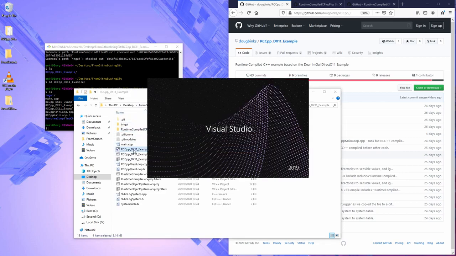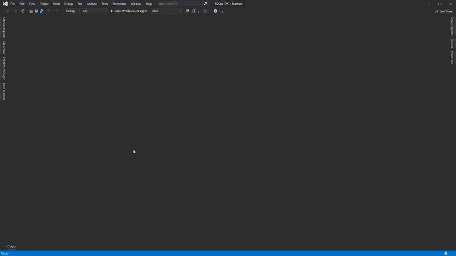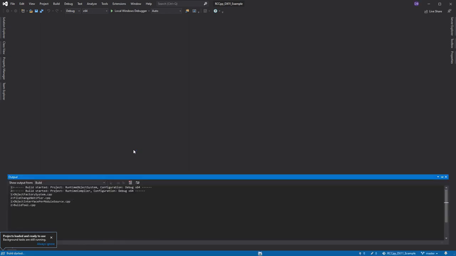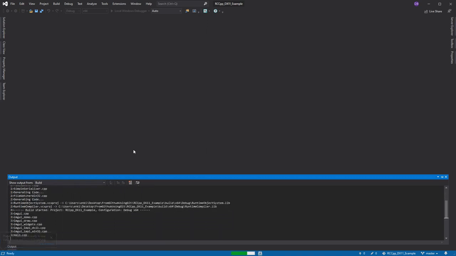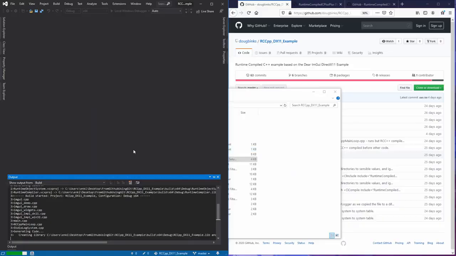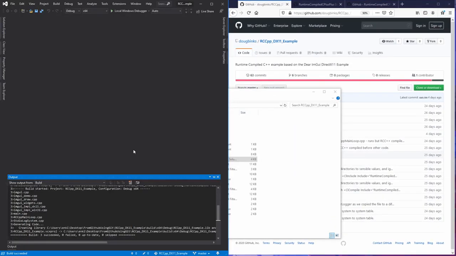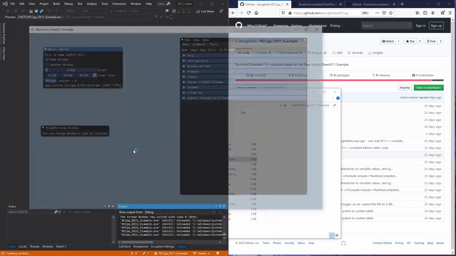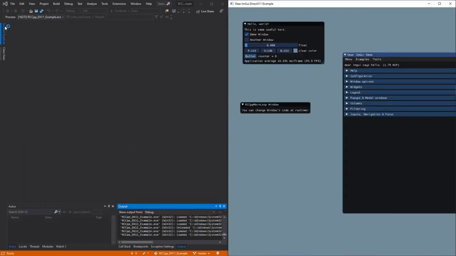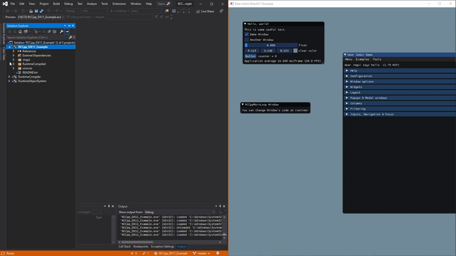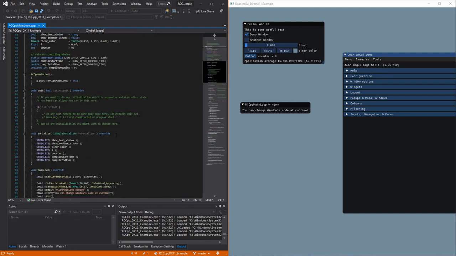So for example, let's open up the solution. This is a solution with the same name, obviously, because it's run from Git. If I press F7 for compile, that's how I'm set up, it'll go through and compile that. And I like to put this on one side and run. And using Windows right arrow, I can then put my window over to the right-hand side. And then I can go into the file, find the runtime compiled code. And then over here, I can pretty much do the same